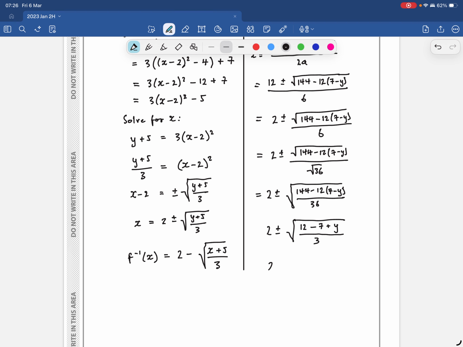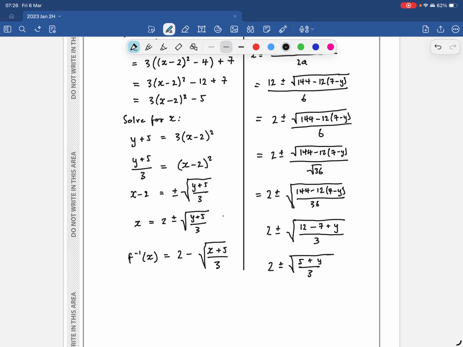So then I've got 2 plus or minus the square root of 5 plus y over 3,